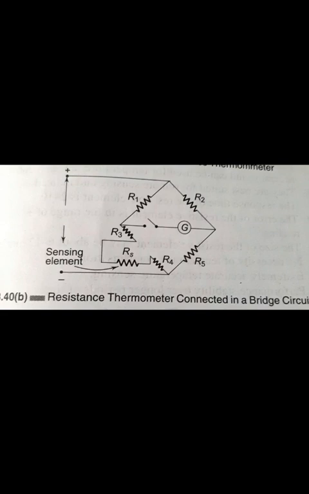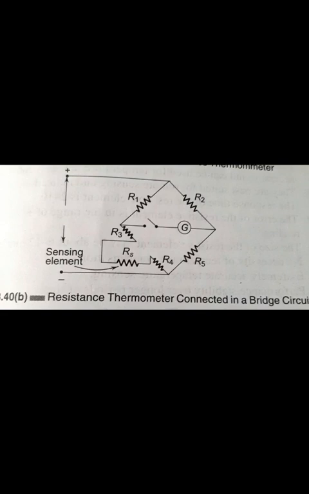The temperature sensing element, which may be nickel, copper or platinum, is contained in a bulb or well, along with the balancing bridge. This is the basic concept of the temperature measuring system. The sensing element Rs is made of a material with a high temperature coefficient. R1, R2 and R3 are made of resistance material with practically constant resistance under temperature change.